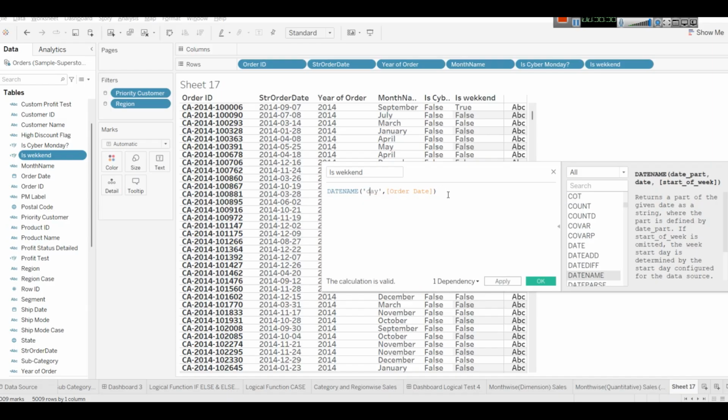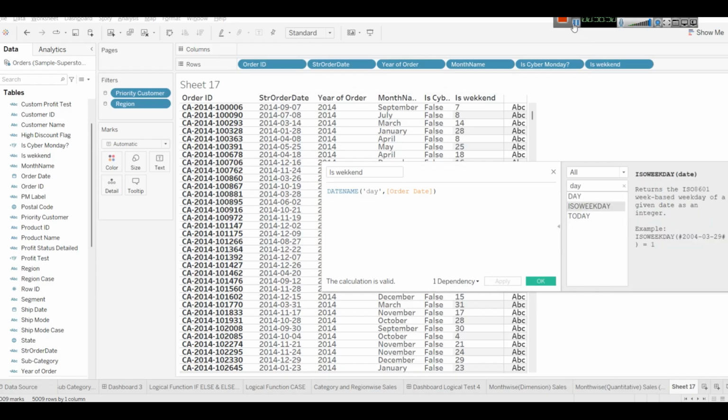The order date will be small, date name. Let's see what date name is giving. It is actually giving us a simple day number and not the day name. So if we try to use weekday here, there is another variable, weekday. Okay, Sunday, Friday, right? Weekday. So date name, weekday, order date, then we'll say date name weekday order date equal to Saturday